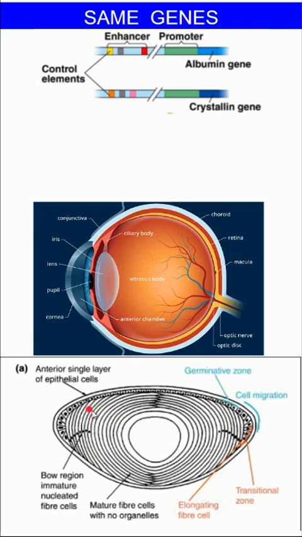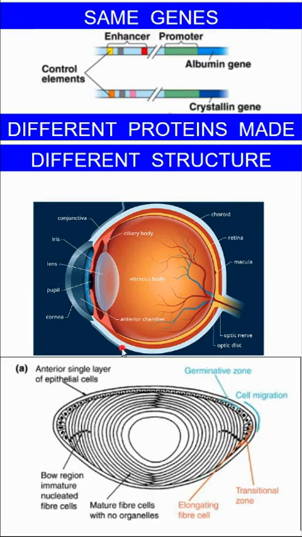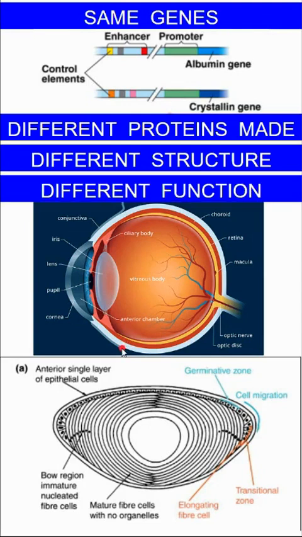Now if we think about this, these cells in our eyeball are not going to make blood proteins, just like our liver isn't going to make crystalline protein. So we have the same genes in both of these cells, but they're going to make very different proteins, and the cells are going to have different structure, and they're going to carry out different functions. So although they have the same genes, through differential gene expression, they're going to end up with different structures and